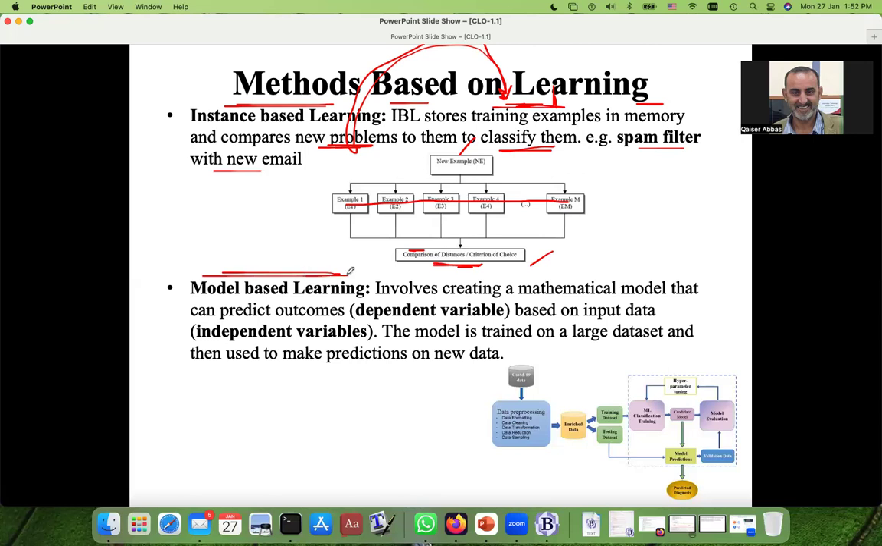Model based learning. You can guess from the name that it means you have a model already. In this kind of learning, you will build a mathematical model, a machine learning model. A machine learning model is a mathematical model. You will build a model and that can predict